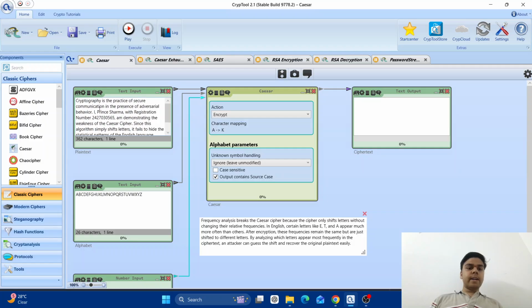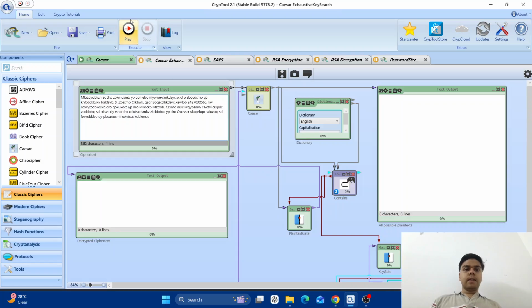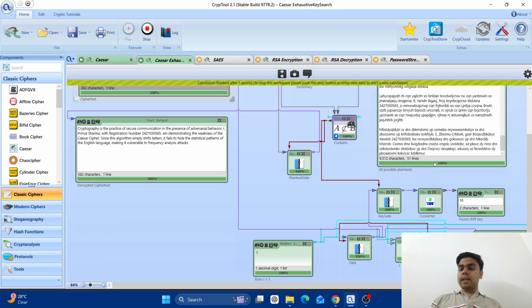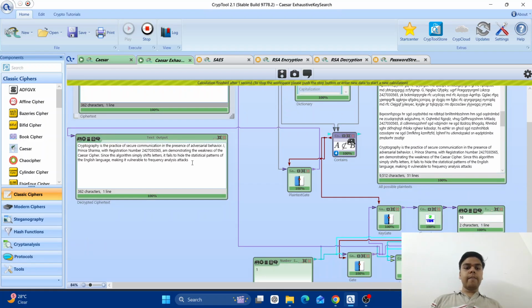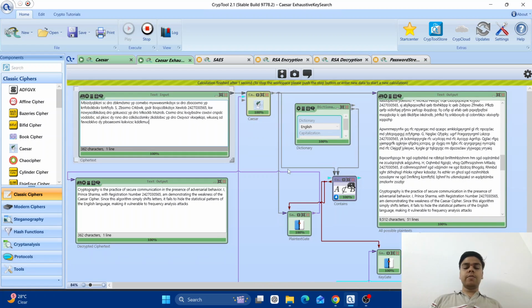Over here, I have a text in which I have my name and registration number entered, and when I encrypt it, here I get a text output. Now, when I copy this text and put it in the decryption of Caesar cipher, and when I run it, you can see over here after an exhaustive running of various combinations, I have got my final output, which is 100% correct. Thus, this shows that Caesar cipher uses frequency analysis to decrypt the text.